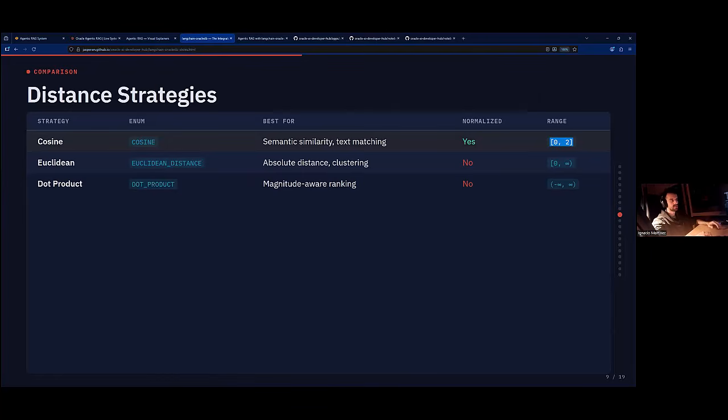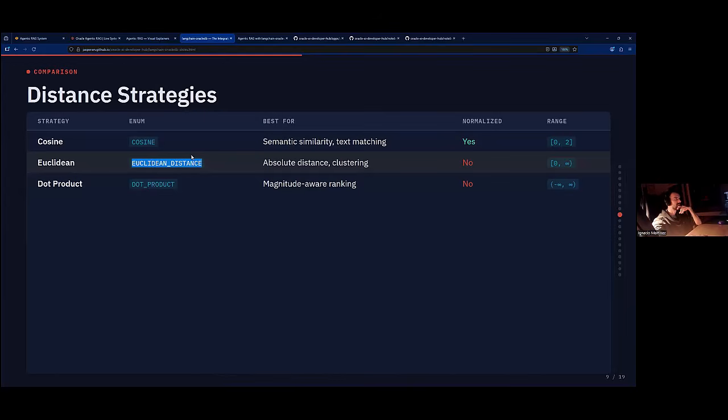Which means that cosine similarity is typically used for text matching, because however different the results are on the embedding space, they will produce a value for the distance between the 2 vectors of 0 to 2. It has its advantages and disadvantages. For me, I've used either the cosine or the Euclidean distance. The Euclidean is basically the absolute natural number distance, which is always higher than 0, but it has an infinite amount of,